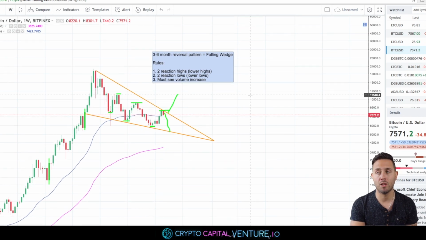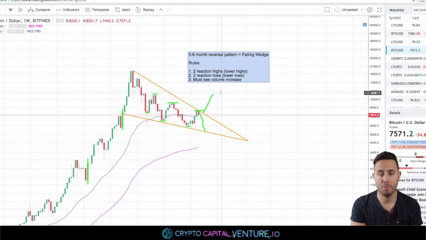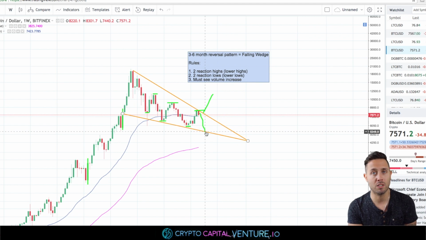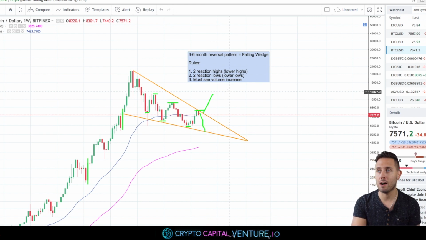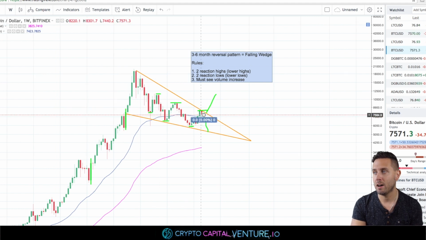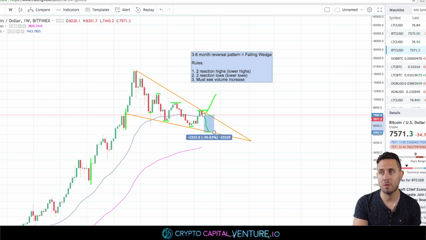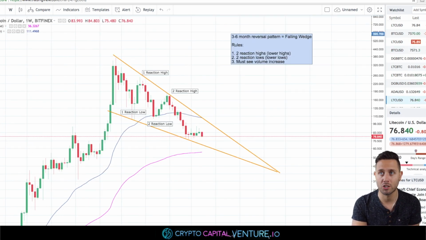But in terms of the long-term trend, this is a reversal pattern in play right now, falling wedge. We might not be there yet. We might need to test lows one more time before bouncing up. And from where we are now, that could potentially be another 30% or so down in Bitcoin,